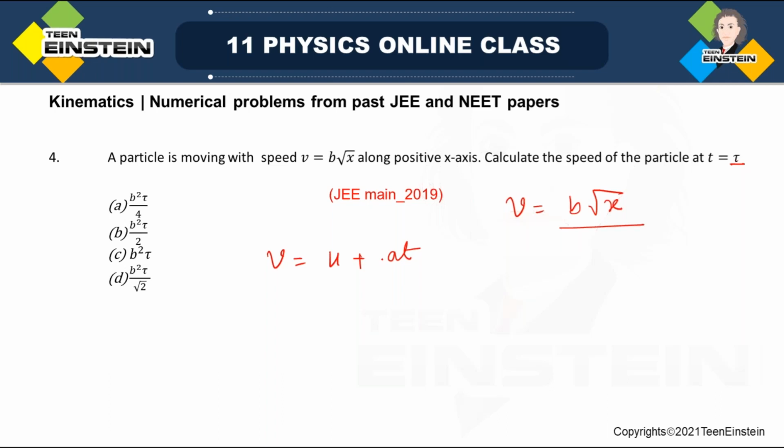So what is this a? A is the acceleration of the particle. Now how to find the acceleration? This is the question, because u is given and time is given. The only unknown is the acceleration. So I have got this as the formula: dv/dt is equal to